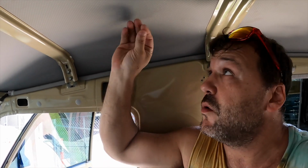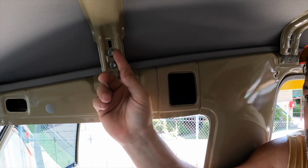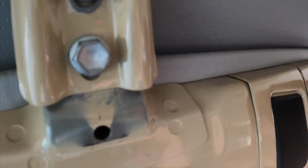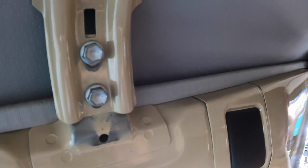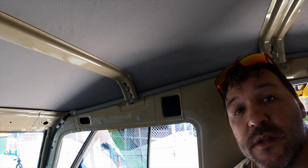Alright, so we thought that the roof was going to be a bit tricky because normally the Toyota roof liner is sort of like core flute with a little bit of thickness to it, but it was kind of snug already, and we put sound dampener and then the insulation on, both on top of there. So we thought it'd be super tight and we'd need to machine these holes here. But I don't know if you can see there, you can see where it's moved a little bit, where the actual bolts have gone in,